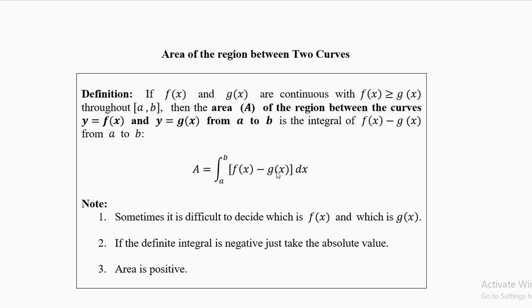Whenever you have two functions, if you want to find the area between them, it is the integral of f − g going from a to b, where a and b are the points of intersection and which we have to solve. Sometimes they are given in the question, sometimes you have to solve them. As per the definition, the function f has to be greater or equal to g, but sometimes we are not able to decide which function is greater. In that case, the integral will become negative. By mistake or unknowingly, if we take f less than g, then the integral will be negative, and you remove the minus sign by hand because area is positive.